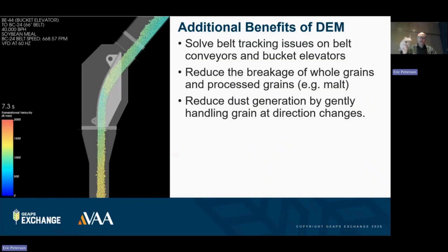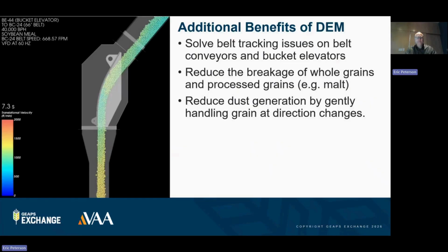If the spoon wasn't there, it would hit the sidewall and it would boil back and collect on the far sidewall there, and then the material would carve a curve through that boiled back and stagnant material. And so you use that to design the curve of the spoon. And then, as you can see there with that graph of 0 to 2,000 feet a minute, the color of the material as it's going into the spoon, through the spoon, and leaving the spoon is fairly uniform. And that's a good indication that you're controlling that without generating a bunch of impact-related dust on that change in direction,